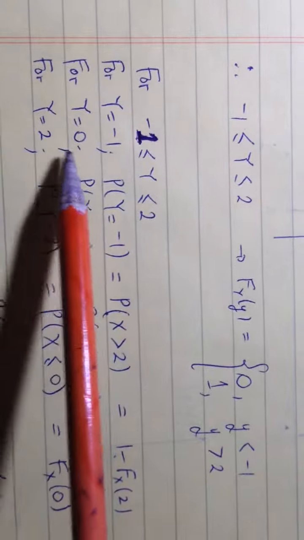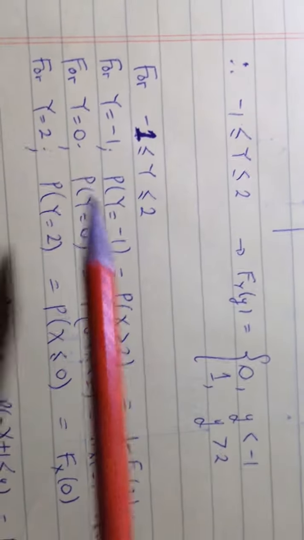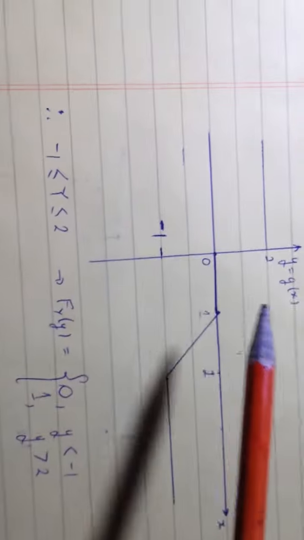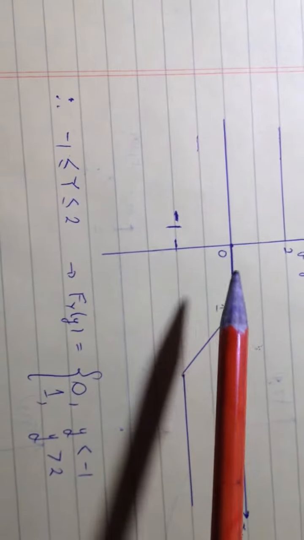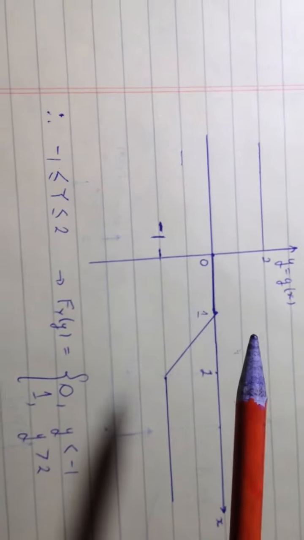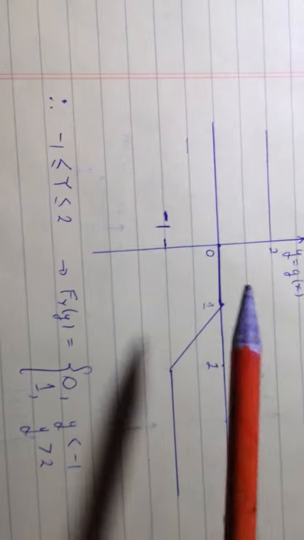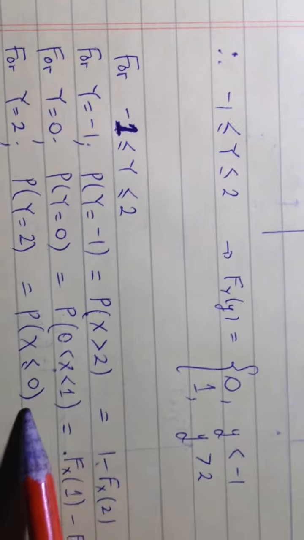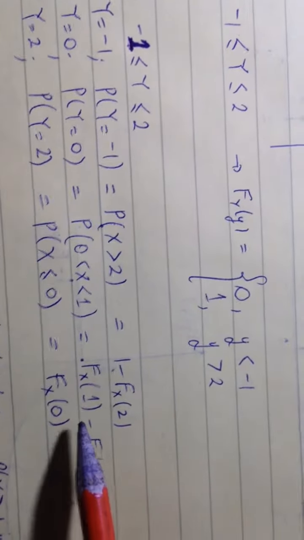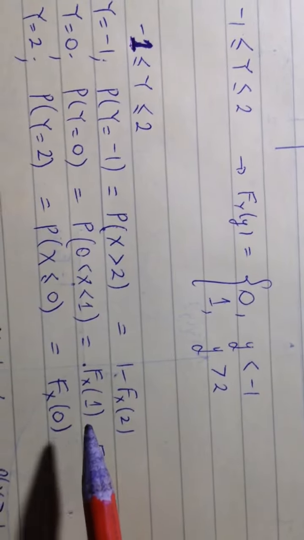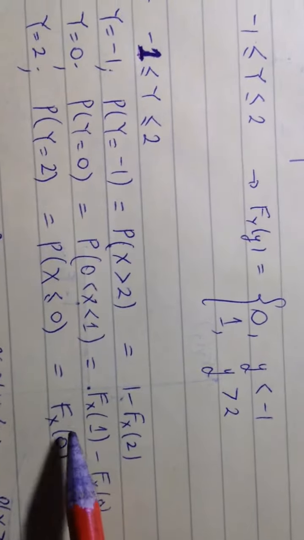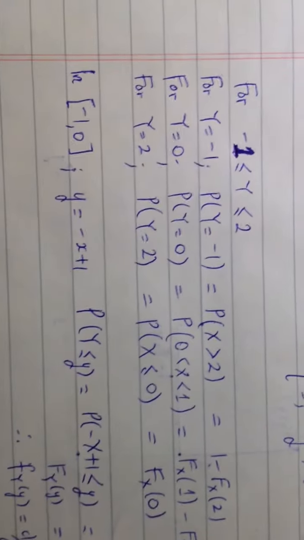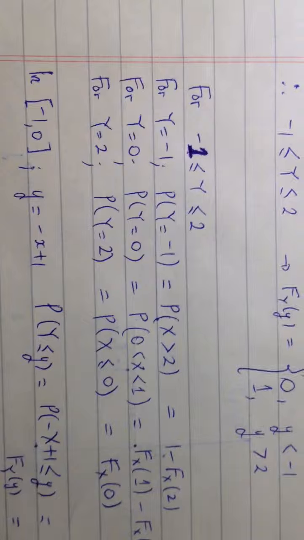Similarly, for y equal to 0 and y equal to 2, for y equal to 0, we see that x lies between 0 and 2, and for y equal to 2, we see that x is less than or equal to 0. So we plug those in here and here, and we use the property of the CDF to obtain this and this. Now in the range between -1 and 0,